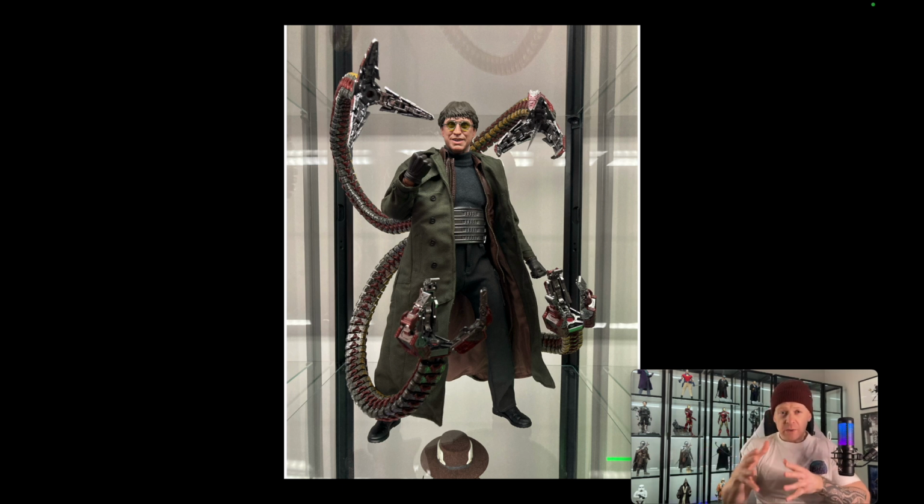I think he is the best version. I prefer him over Andrew. I prefer him over Toby. While I wasn't into the Raimiverse, they don't do it for me, and Tobey Maguire never did it for me, and I grew up with those, so I probably should have bias towards them, but I'm not. I did appreciate the character of Doc Ock. I really did like Alfred Molina's portrayal of the character Doc Ock, but like this figure here,